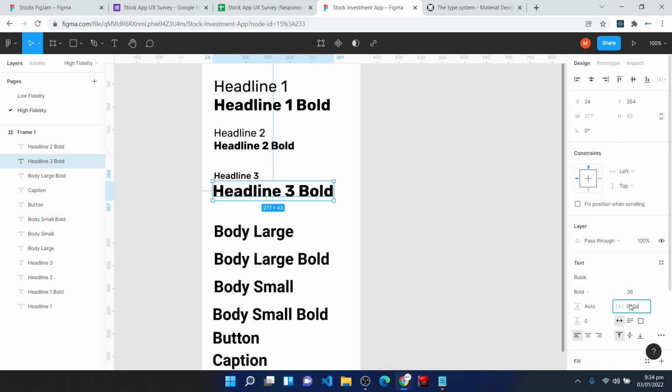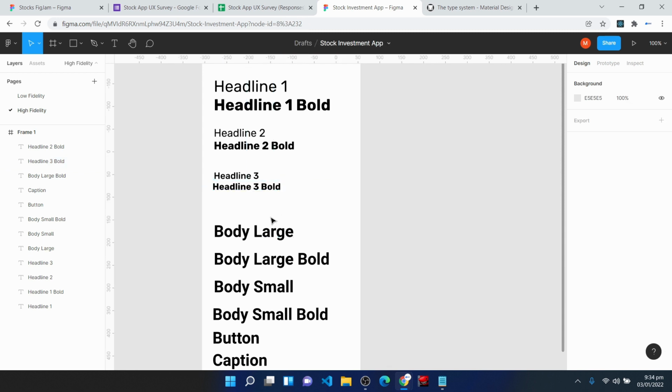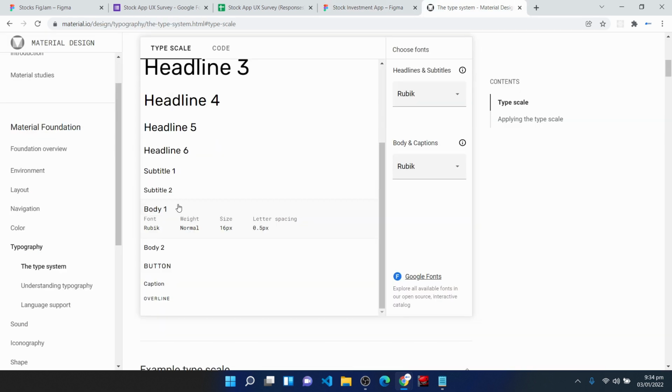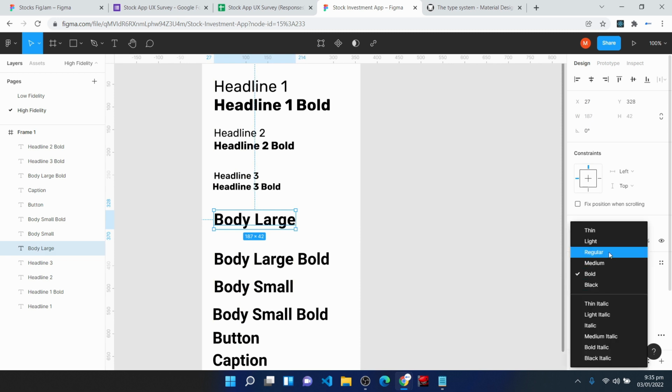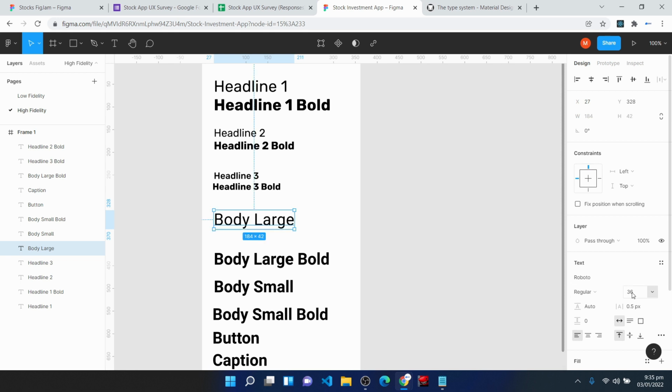So I'll type that in, and I would keep this set to 20, just like this, and that's okay. So for the body large text, come here and use the body 1 text style here. You can see that the size is 16px, the weight is normal, and the letter spacing is 0.5px. So I would keep this here, I would set the letter spacing to 0.5px, I would set the weight to regular, and I would set this to 16, and I would set this to Rubik, and